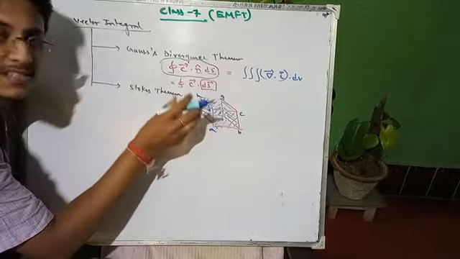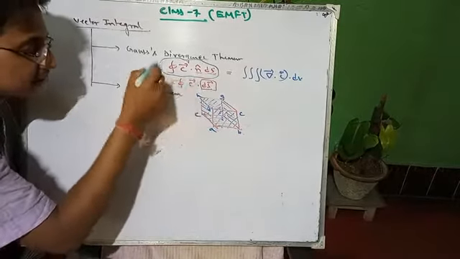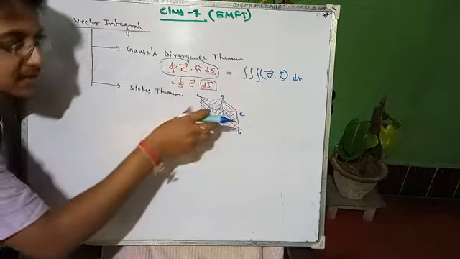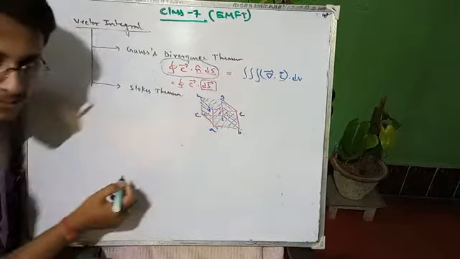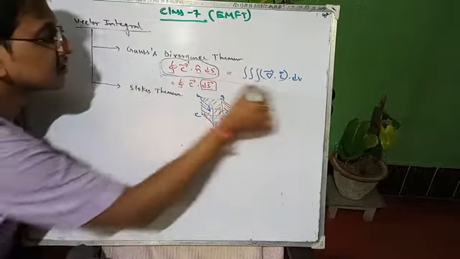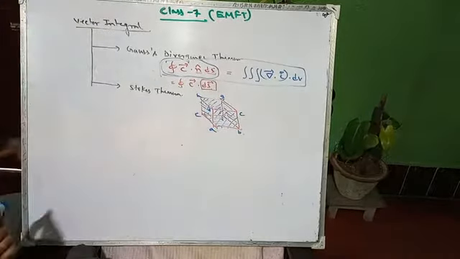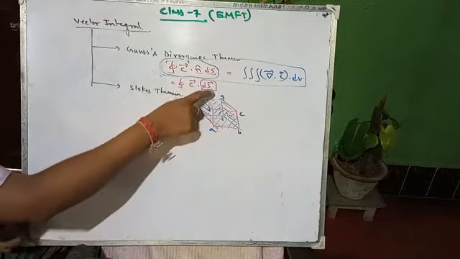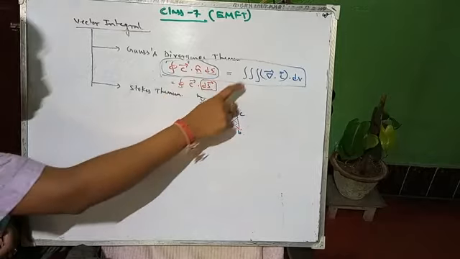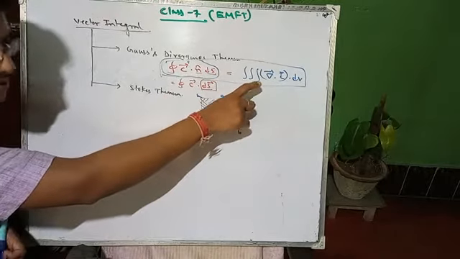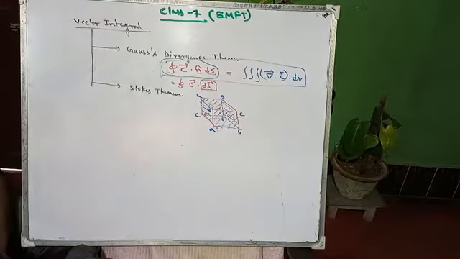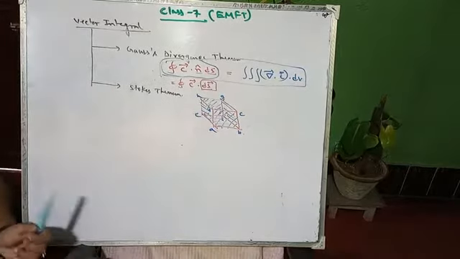The surface is denoted by this closed surface integration, and the volume occupied by the surface will be equal to the integration of dv. So this is the equation: closed surface integration of C dot n cap ds, or C vector dot ds vector, will be equal to the triple integration, that is the volume integration, of the divergence of C over a certain volume enclosed by this surface. This is the divergence theorem.